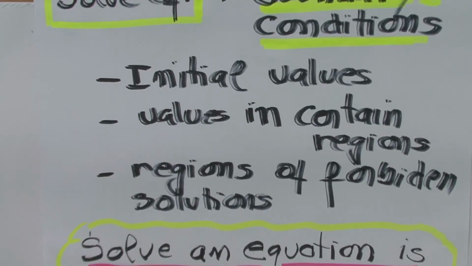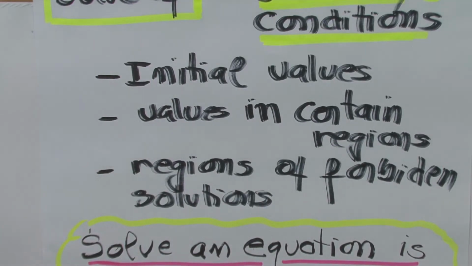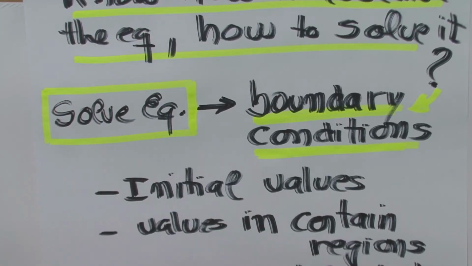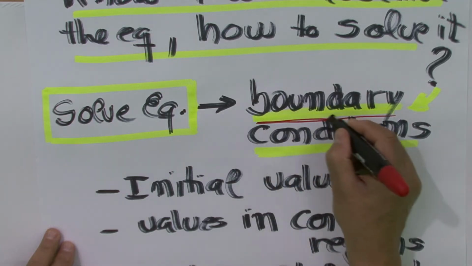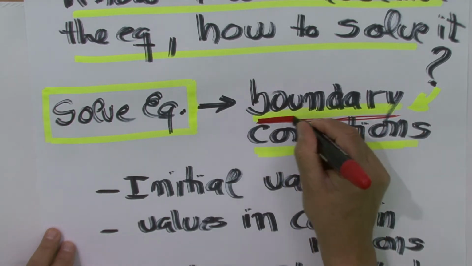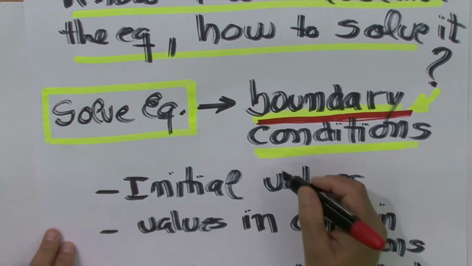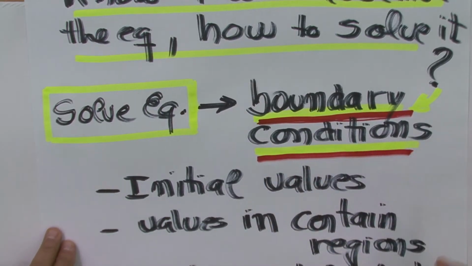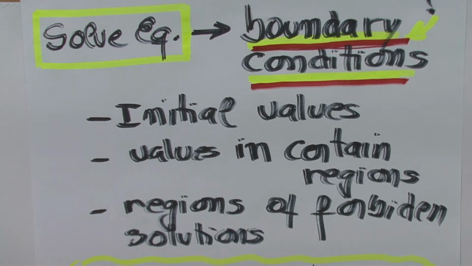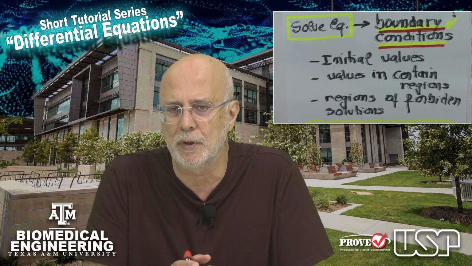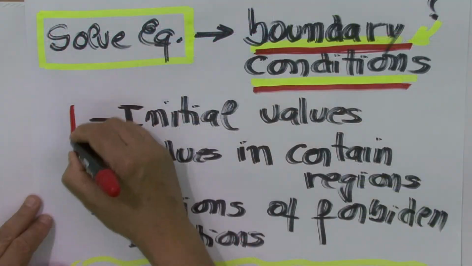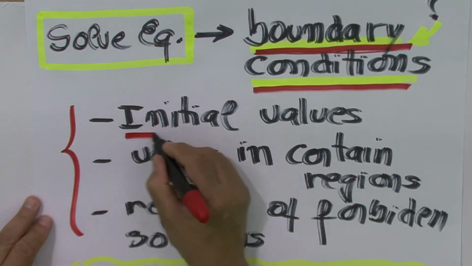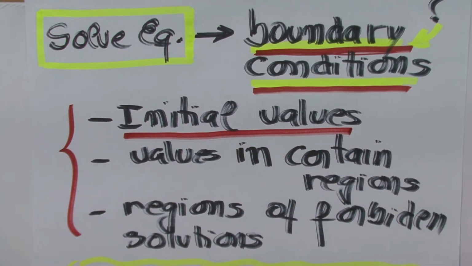And when dealing with the solution of the differential equation, we cannot complete the problem if we don't have the boundary conditions. So it is essential, when somebody formulates an equation and you need to solve it, to know what the boundary conditions are. Because we're going to get functions, sometimes more than one, and we need to know what is the real solution there. Normally, the boundary conditions involve, for instance, the initial values of the function relative to the variable,